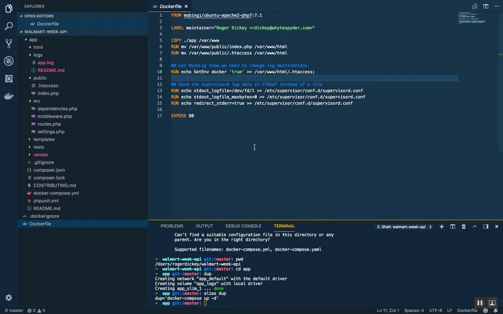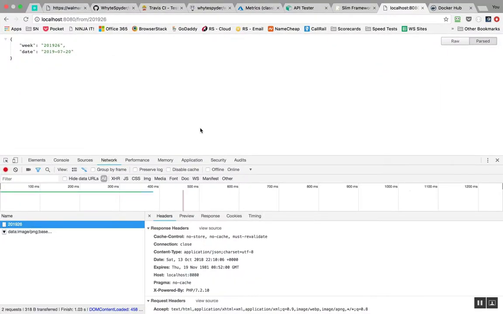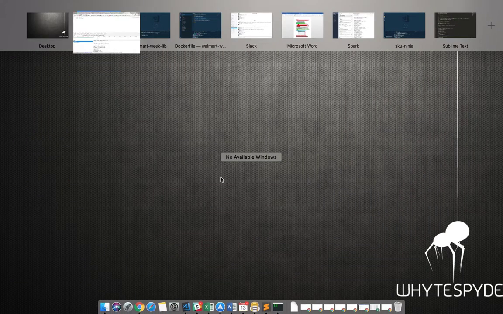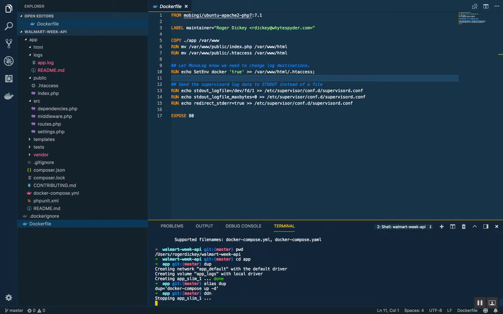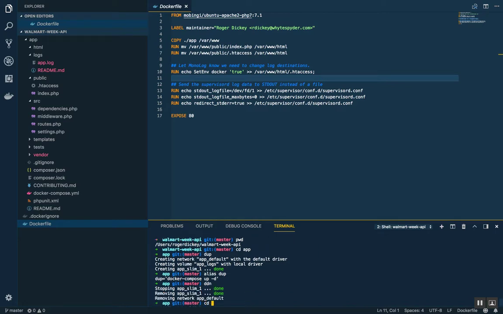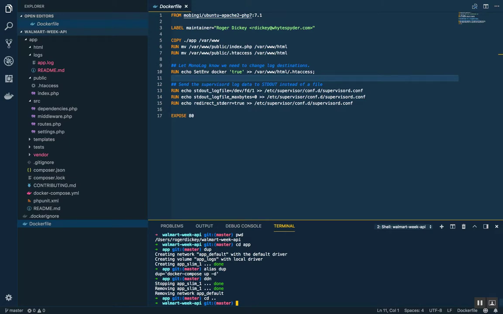So, like I showed you a few minutes ago, we are running localhost port 8080. I made a request and I got a response just from PHP with no web server. Okay, but now if I shut down my Docker Compose version of Docker, then I can boot up my Docker image version of this application,